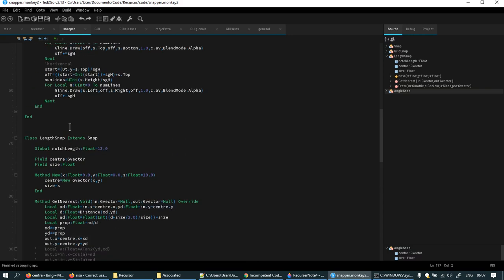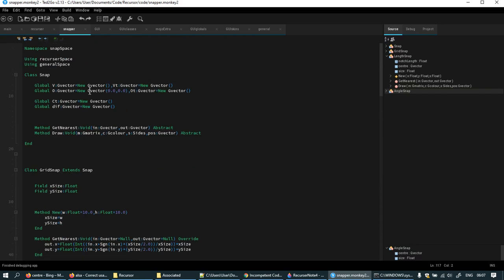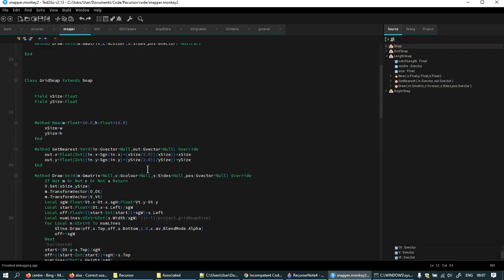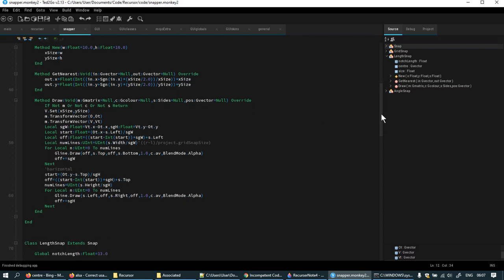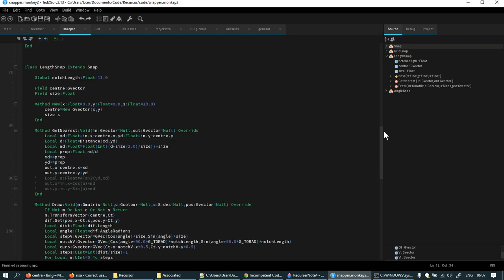I like to store these globals when I can, when I know that they're just going to be used constantly in the functioning of the classes. I'm going to store more of the things that I'm using here. Screen grid. Yeah, because here I create this screen grid width and height inside the grid draw, and I need to do it inside length snap as well, only for the actual size. I'm not computing a width and height, but I do need